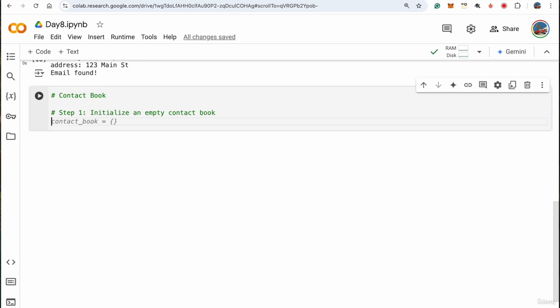So initially, let's say I just bought a new contact book from the store. So I'm going to call it contacts equal to an empty dictionary. So this is how you create an empty dictionary. Just like with a list you use the square brackets, for dictionaries you use the curly brackets. Next step,